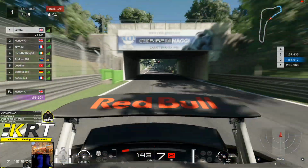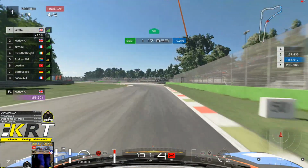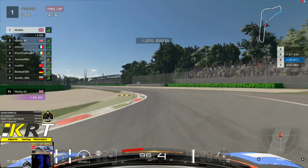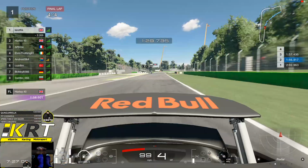So we're on the last lap, only a few corners to go. You've seen the penalty for the other driver, he's taken it, he's ended up behind you. Let me know in the comments what you would do here. Because I'm going to do something that I've never ever done before. I'm going to pull over here and let Harley go back past, because I just...